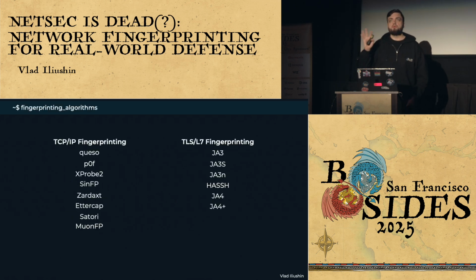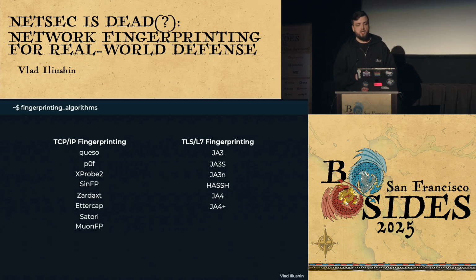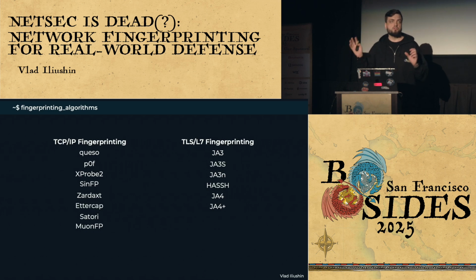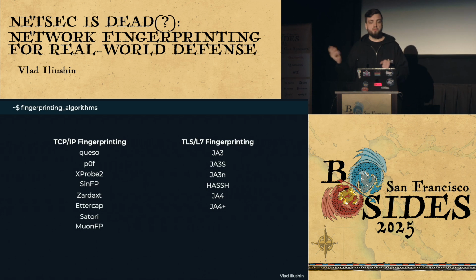Now, when we're talking about fingerprinting, there are quite a lot of different algorithms. From the very first OGs like p0f to the modern MuonFP for TCP, and also from JA3, which is the OG of the OG of TLS fingerprinting, all the way to more modern ones like JA4 and JA4+.